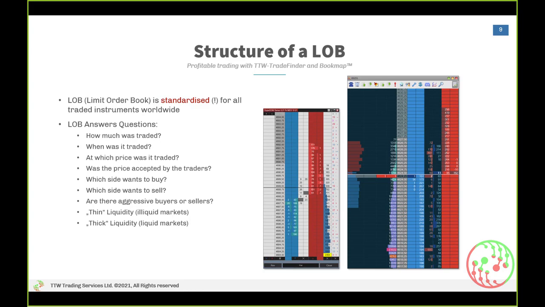I started as an institutional trader, and I first came in contact with an order book, a dome. I'm not sure whether it was TT or anything else. They have their Bloomberg terminals. They have the domes, and that's where I first saw this stuff, because when you start trading, you get a lot of information about trading, and most of it, at least I'm speaking for myself here, is nonsense.